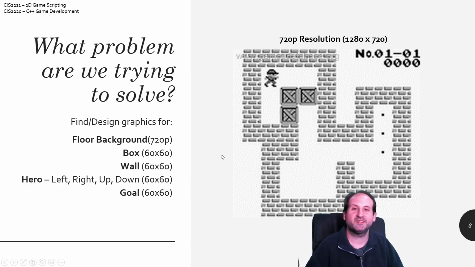So what kind of graphics do we need? Pause this if you need to go out and get these things, but we need a floor background tile that's at least 720p resolution. That's so it's not just a black background, to give a nice feel for the ground. I'm going to need a box sprite that is 60 by 60. Please stick with these resolutions, at least for the time being, and you can change things up later. Wall 60 by 60, goal 60 by 60, and I have actual little animations for the hero